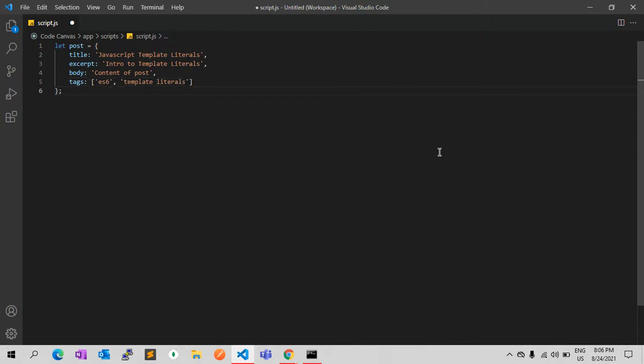So this is the JavaScript object. We can use this JavaScript object to extract a string and show it on the screen in your window. Let me show you how.